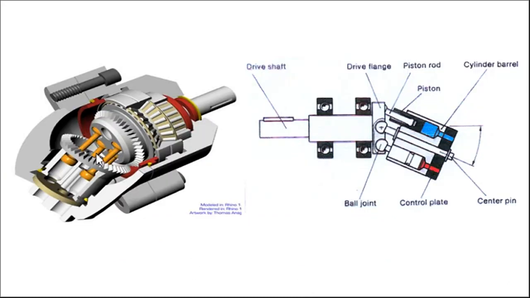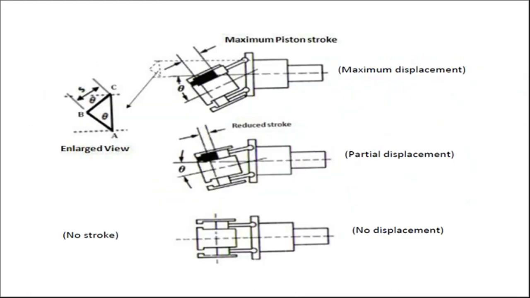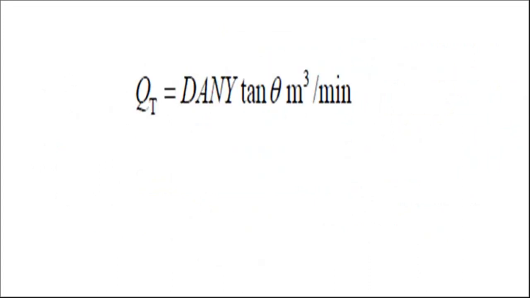Now this is a diagram which will give you a clear picture of why the bent axis type of pump is used. You can see that the input and output shafts of this pump are at some angle, bent. That is why it is called a bent axis. By changing this angle I can vary the displacement of the pistons, and thereby I can vary the discharge and balance the load requirements at the output.